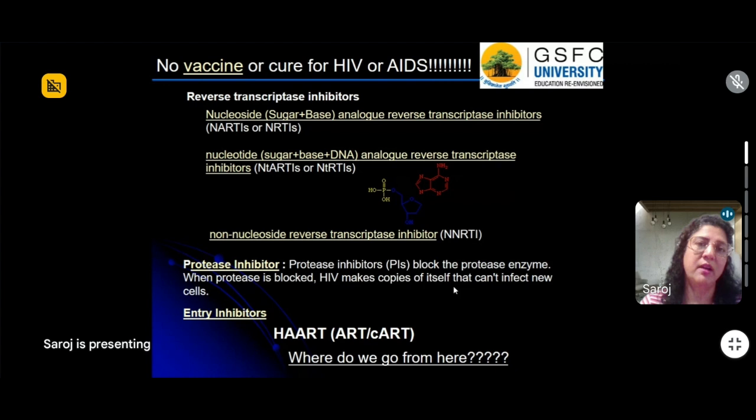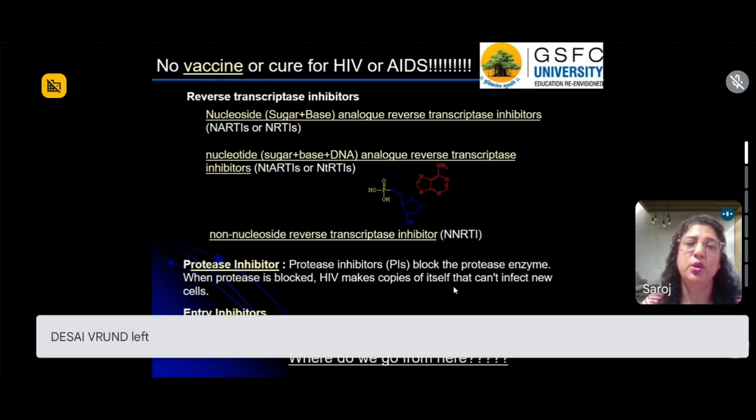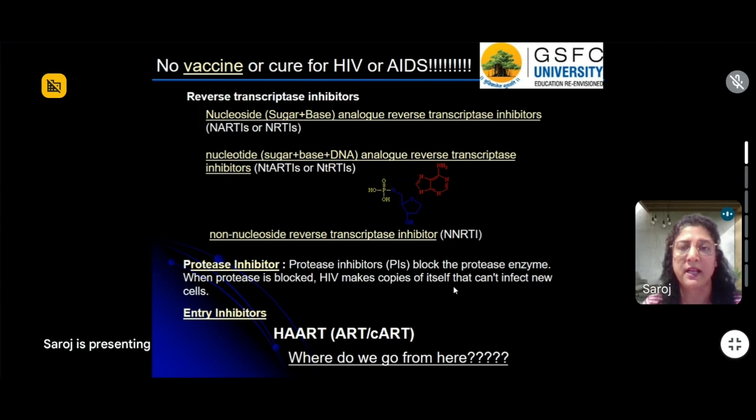Now, have we done something about it? Yes, of course. Since there is no vaccine or cure for HIV or AIDS, it doesn't mean that we cannot improve the quality of life of the patients, or that we cannot control the disease. We can, of course, reduce the level of the infection inside the body, even if we cannot permanently get rid of that infection. Towards that, we have many kinds of drugs which are available in the market.